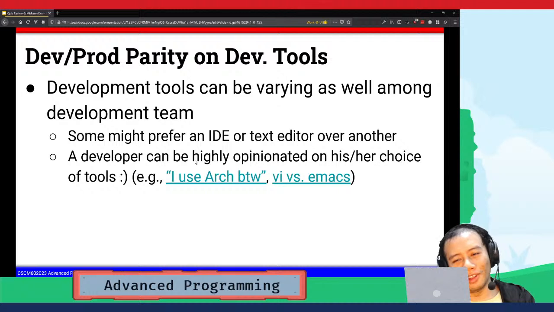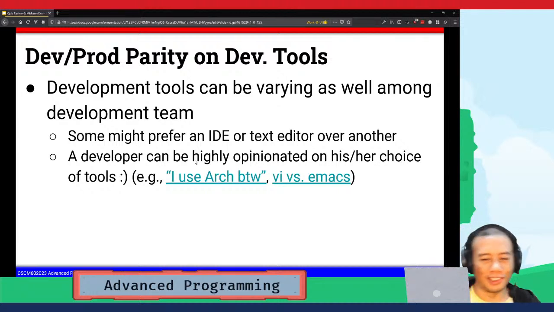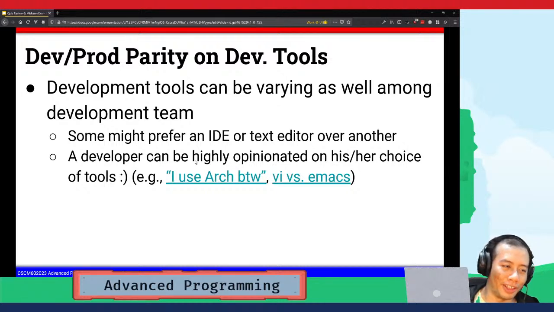And yeah, a developer can be highly opinionated on his or her choice of tools. Like myself, I use VI as my text editor. As for operating system, I don't really have any preference actually. I usually use Windows, but I can use Linux as well if I have to. But yeah, some people took it to the extreme, like